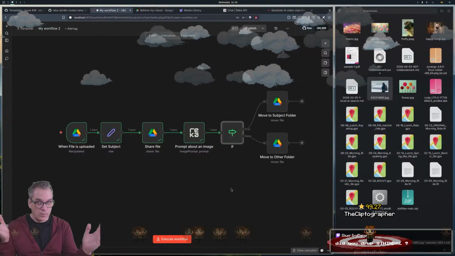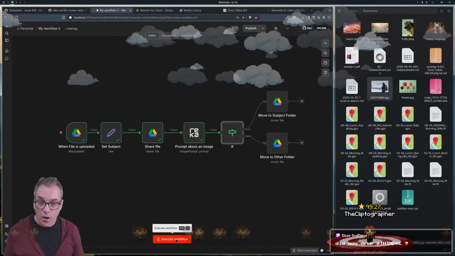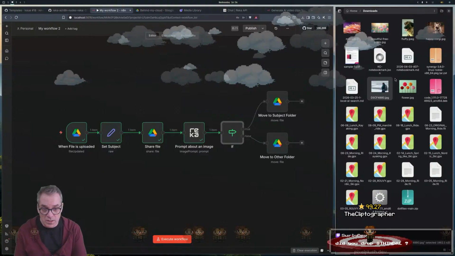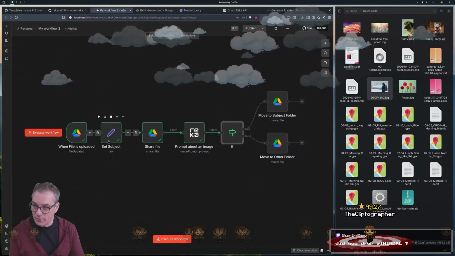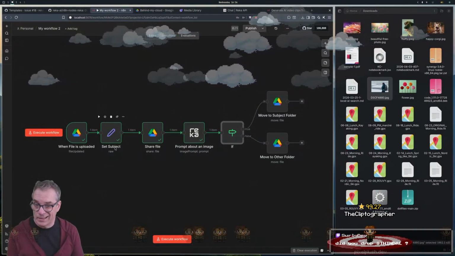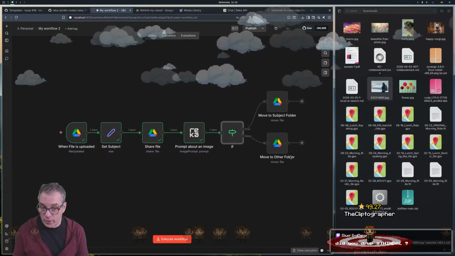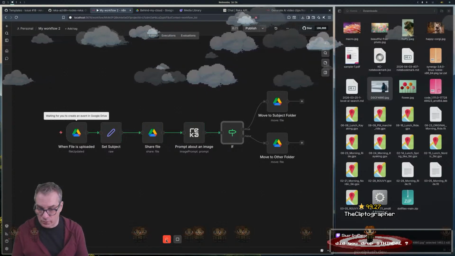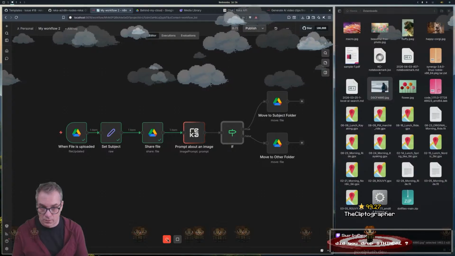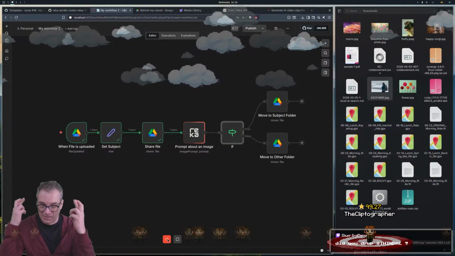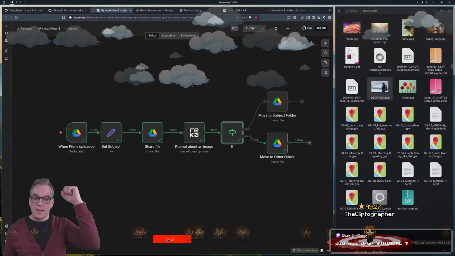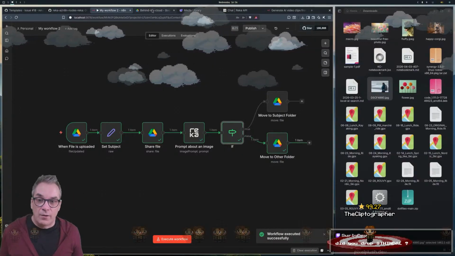So now if we run this, because it was me and I'm not a dog, and the subject is set to a dog, it should go into the other folder. Yay! And now if we put in a dog,